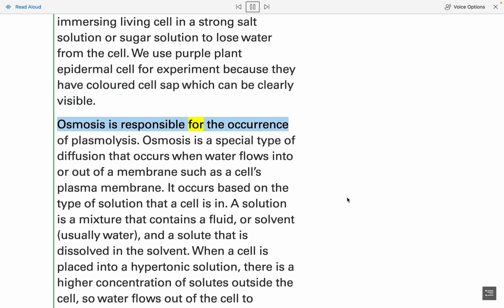Osmosis is responsible for the occurrence of plasmolysis. Osmosis is a special type of diffusion that occurs when water flows into or out of a membrane, such as a cell's plasma membrane. It occurs based on the type of solution that a cell is in. A solution is a mixture that contains a fluid or solvent, usually water, and a solute that is dissolved in